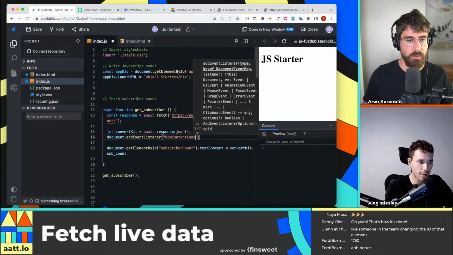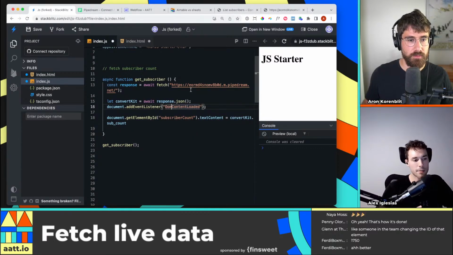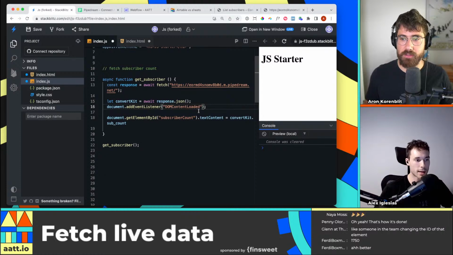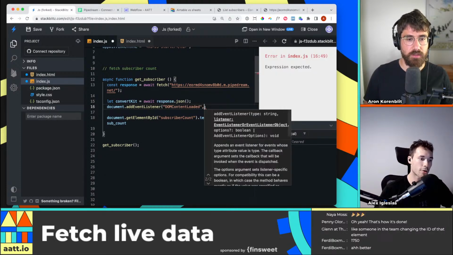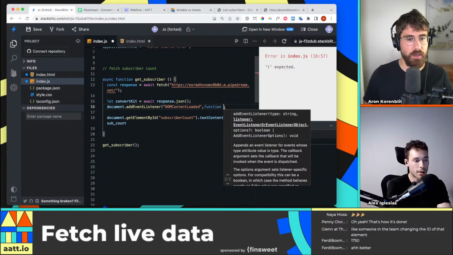And if we're lucky, you will get autocompletion. So DOM, capital letter. DOMContentLoaded, like that. And then you would put a comma right after the string. And then you would create a function. So you would say function and open braces,